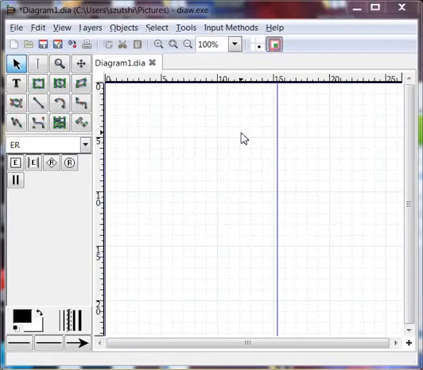Hello, in this presentation I'm going to talk you through the process of creating a very simple ER diagram using the tool Dia. And the ER diagram that I'm going to draw is going to be very simple. It's going to have two entities, one called artist and one called CD, and they're going to be connected by